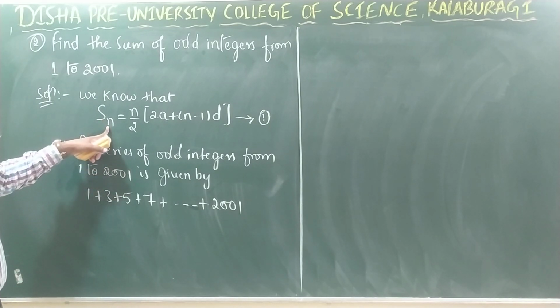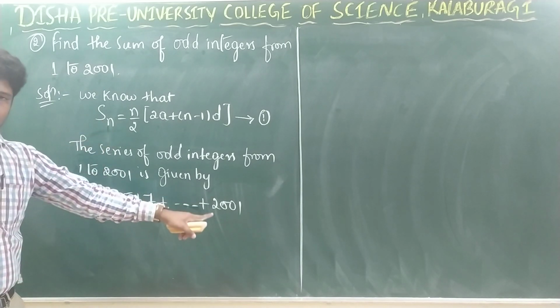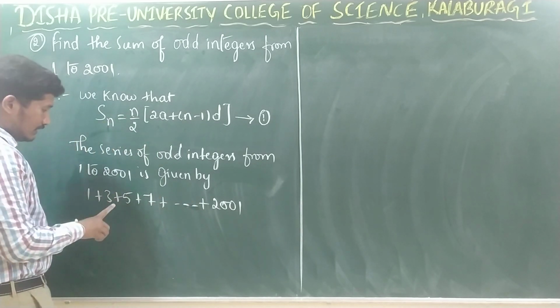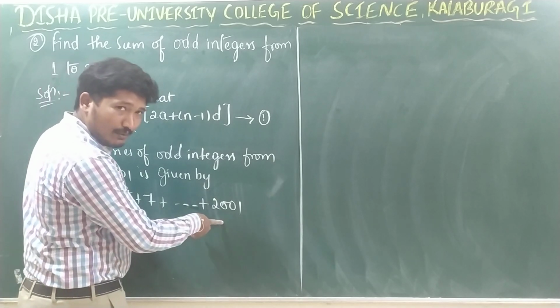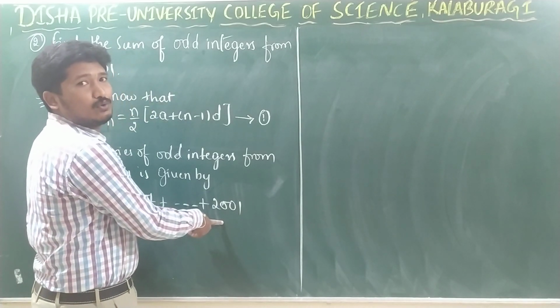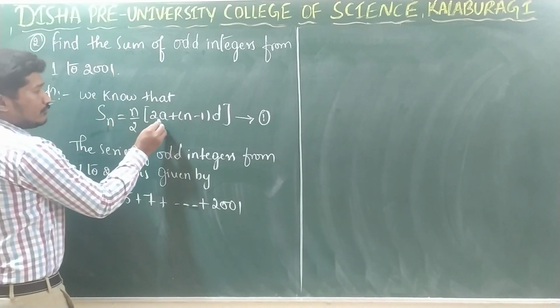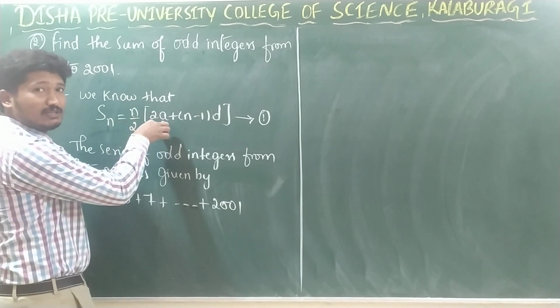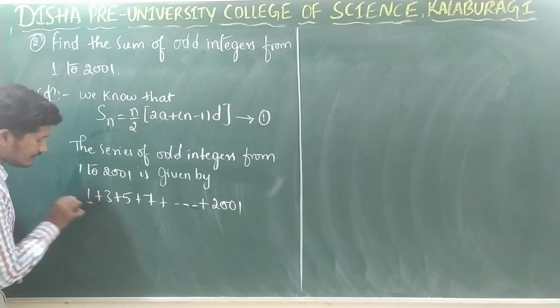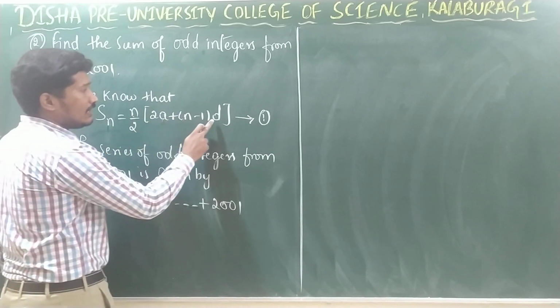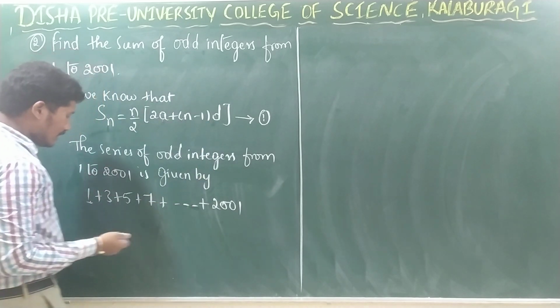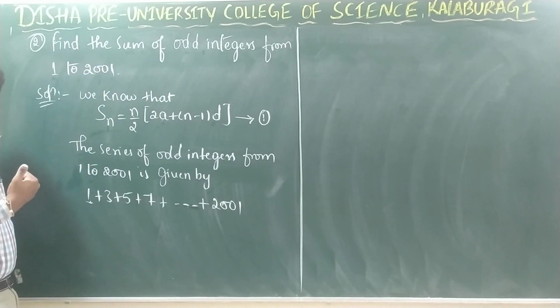So to calculate the sum of all these terms, we require the value of n. That is, we have to find out how many terms are there in this arithmetic progression. Right? We need the value of a. That is, we should know the first term of the arithmetic progression. We already have it here. Right? And we need to know the common difference of the arithmetic progression. How will it be calculated? A2 minus A1. Right?